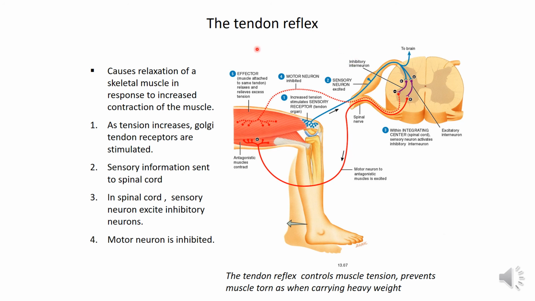The tendon reflex, or the Golgi tendon organ reflex, causes relaxation of the muscle with increase in the muscle tension. There is stimulation of the Golgi tendon organ, and the Golgi tendon organ sends afferent or sensory impulses into the spinal cord and synapses with interneurons, with inhibitory impulses to the muscle with increased tension and with stimulatory impulses to the antagonistic muscles. So we have relaxation of the muscle with increased tension, and we have contraction of the antagonistic muscles.